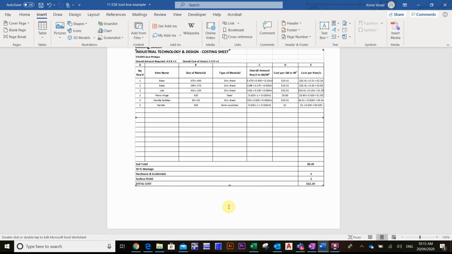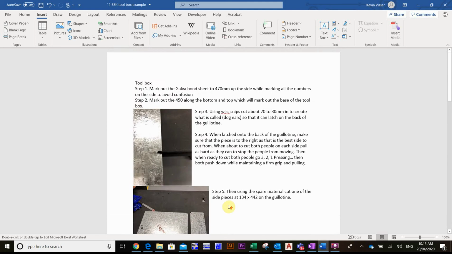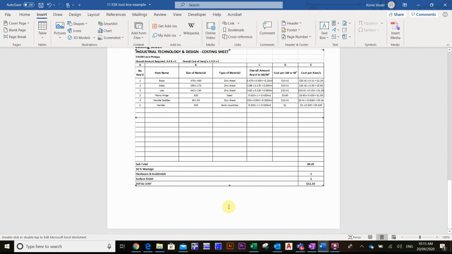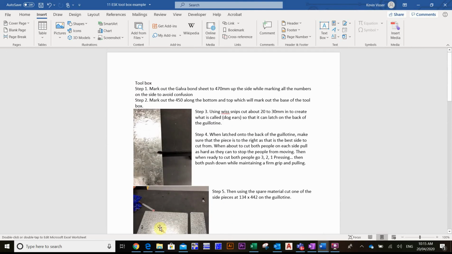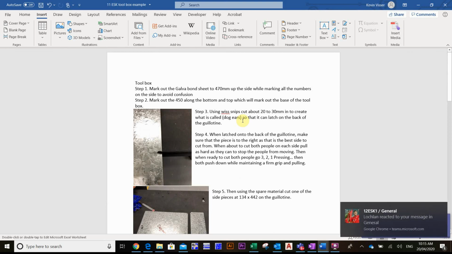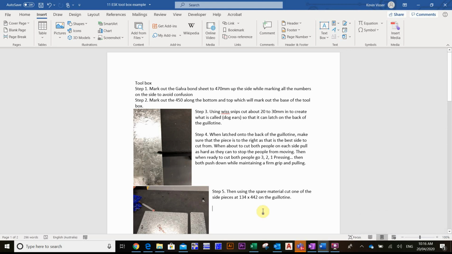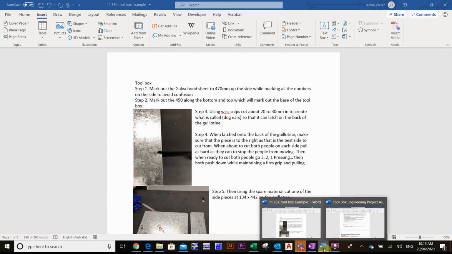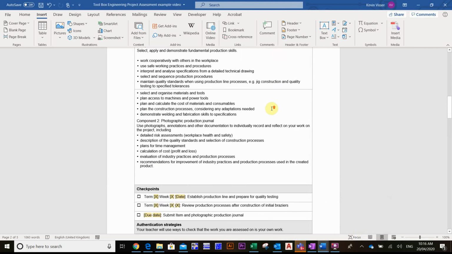Now, what I want you to submit to Teams, so hopefully you're listening to this, is you need to submit this on an assignment task sheet. And this is for your draft and everything. So if you've created a blank Word document like this for your production journal, great. But you're going to need to copy and paste it onto a task sheet. So that's pretty easy. I'm going to go Control A, so that's everything, and then Control C is copy. And then if I go over to this task sheet that I've downloaded off